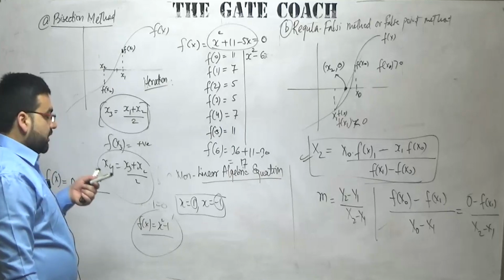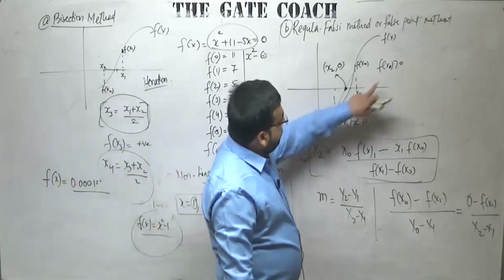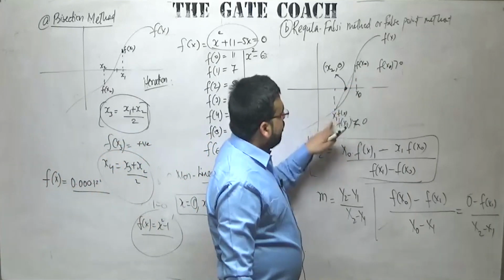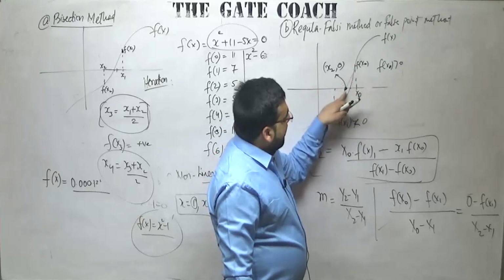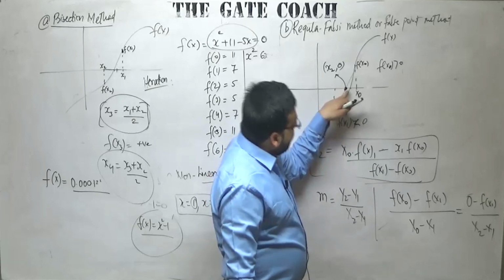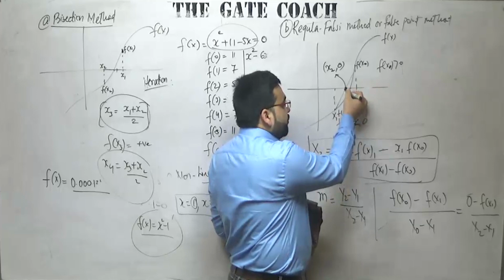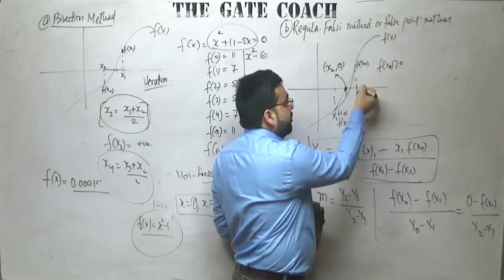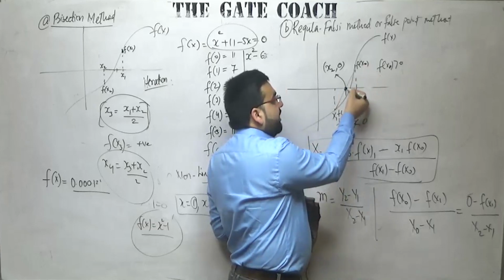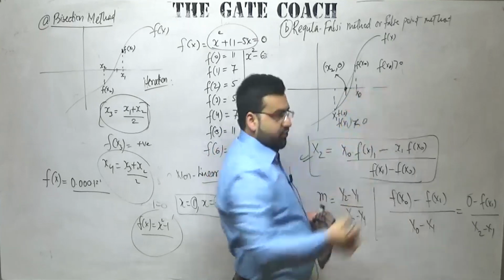And this is the concept of the regula falsi method, that if by hit and trial you get these values x1 and x0, you just join these 2 points. This straight line will be intersecting the x-axis at a point much nearer to the root, right? Now you find the value of this f of x2. If f of x2 is negative, then the exact root lies between x2 and x0. If it is positive, then the exact root lies between x1 and x2.